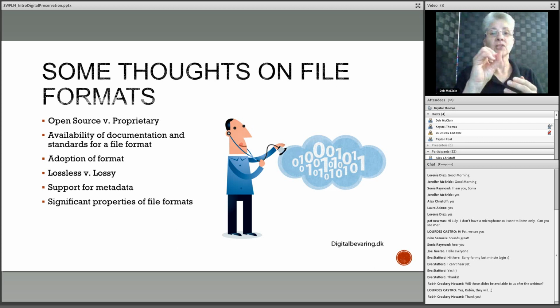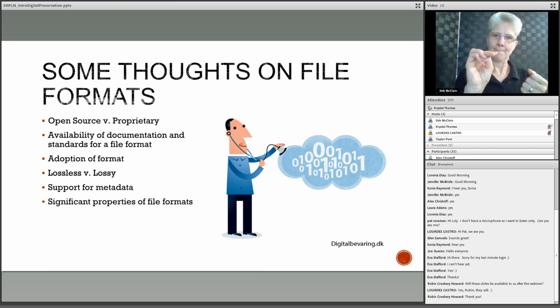There are two really great resources when it comes to file formats. One is the Library of Congress's recommended format statement. This was actually just updated this summer, in which they go through and tell you their recommended file formats for still images, for text documents, for music files, for video files, all kinds of different types of content that you may have on hand. Another great resource is called Pronom,